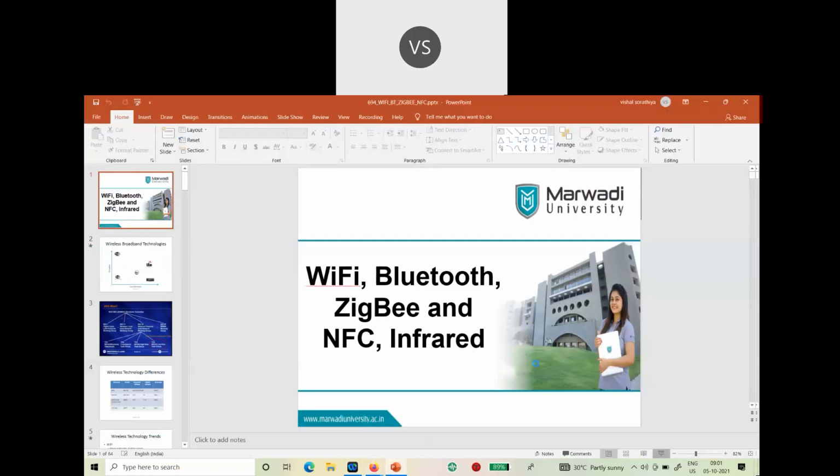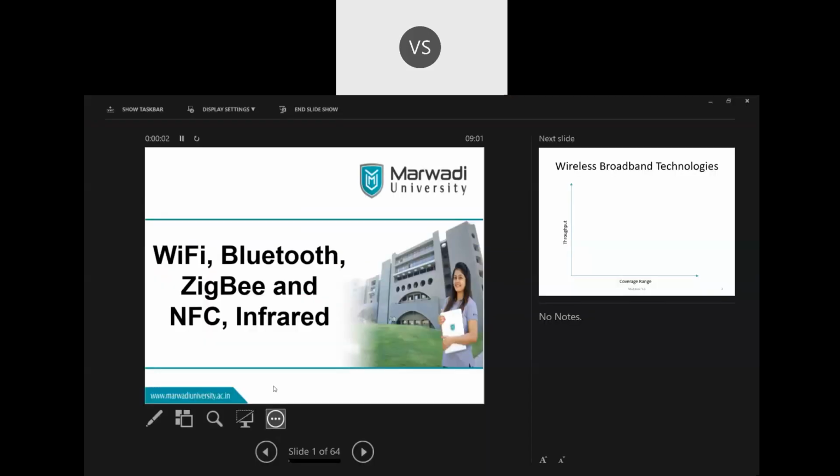In the last lecture, we discussed the stuff related to Wi-Fi, Zigbee, and Bluetooth. We started with this diagram, and we have seen that depending on your requirement,